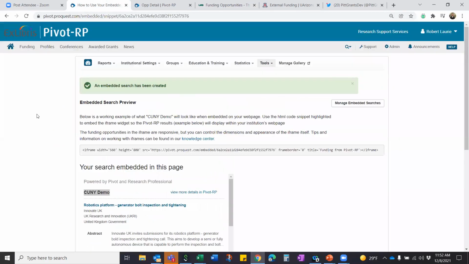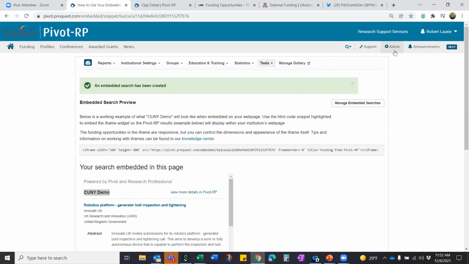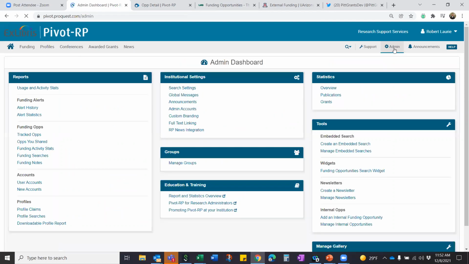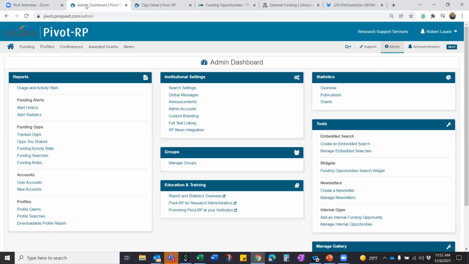opportunity. So we've talked about a couple of things. We've talked about whether you know it or not, we've created curated searches and lists. We then showed you how from your home page in your curated ops folder, you go find each of these and you can find the link to the URLs. That would be this type of example. We've also talked about how if you go into your admin dashboard, you can create an embedded search. And that was the second thing that we showed you. That's this one. The third thing that we want to just, with time allowing, talk about very briefly today,